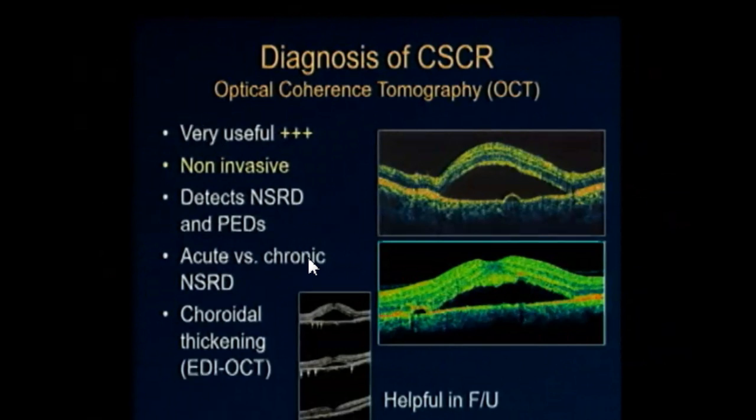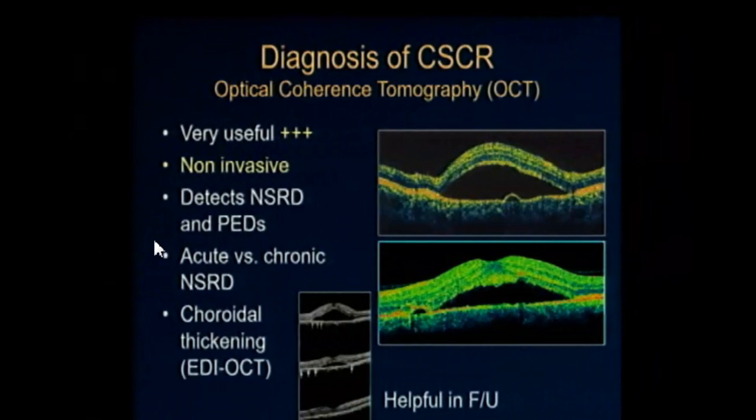It will detect the neurosensory retinal detachment. It will detect the PED. In this case, the PED is next to the neurosensory retinal detachment. In here, the PED is under the neurosensory retinal detachment. So both combinations exist. It will also show you if the neurosensory retinal detachment is relatively young and acute, because